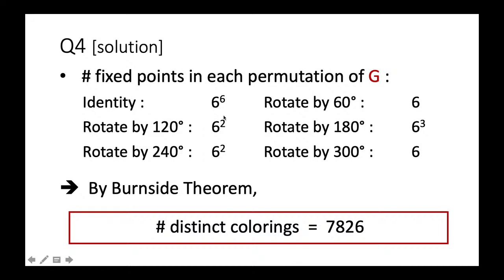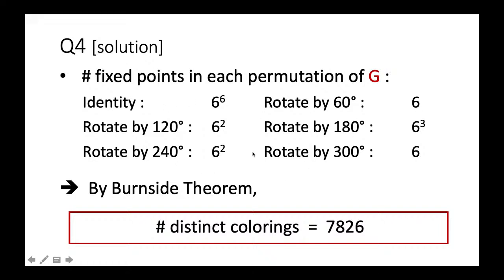Now, the number of different colorings will be 6 to the power 6, because for each big component of edge vertex case, there are 6 ways to do so, and there are 6 groups, so 6 to the power 6. But if you want to make it the same even after rotation by 60 degrees, then there are only 6 different ways. Now by computing this one by one, you can find out the fixed points in each of the